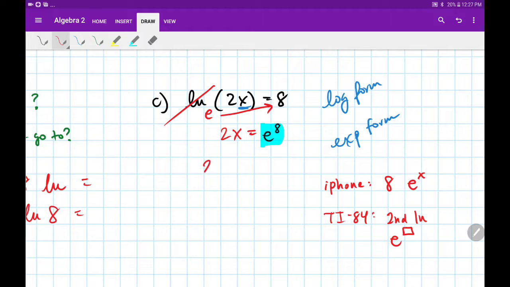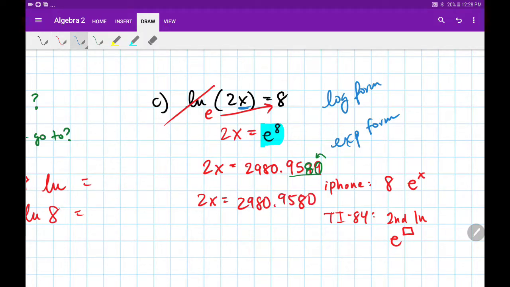that 2x is equal to e to the 8th power, which is 2980.9579. Well, the next number is an 8. So if I want to round to 4 decimal places, that 8 is going to make this 9 a 10. That means that this becomes a 0 and this guy becomes an 8. Just rounding, no big deal. If you're off by a decimal, not a big deal. So 2x is equal to